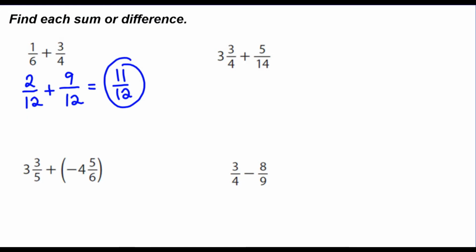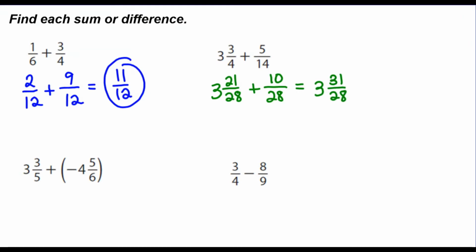Next, I have a mixed number plus a fraction. So I'm dealing with fourths and 14ths. The least common multiple of 4 and 14 is actually 28. So I'm going to rewrite these fractions with a denominator of 28. And then I have to adjust the numerators. Well, 4 times 7 is 28, so 3 times 7 is 21. So this is 3 and 21/28. And then 14 times 2 is 28, so 5 times 2 is 10. And now I can add these together to get 3 and